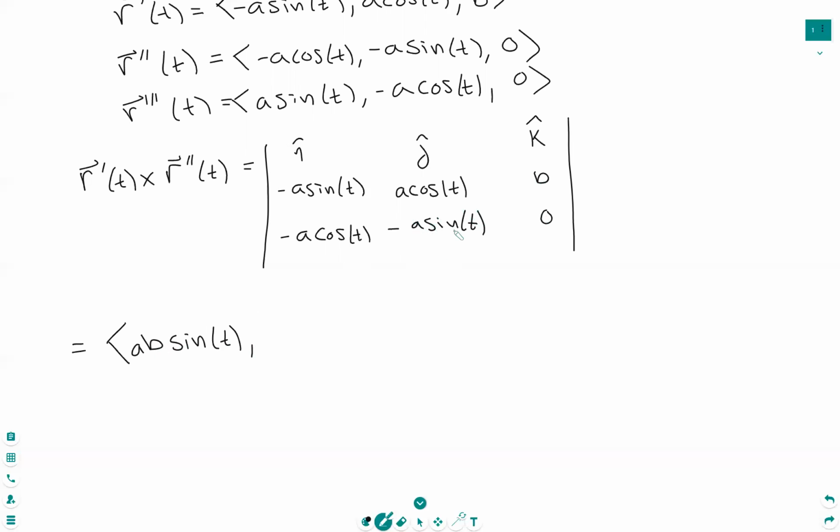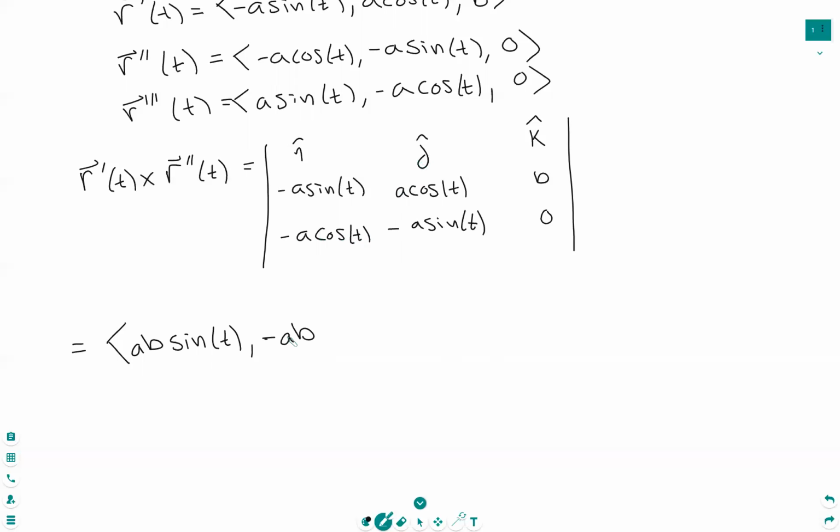And then in the y component, we have the determinant of these two columns over here. So we have negative a sine of t multiplied by 0 minus b times negative a cosine of t. But remember, we also have the negative from the j hat component. So we end up with negative